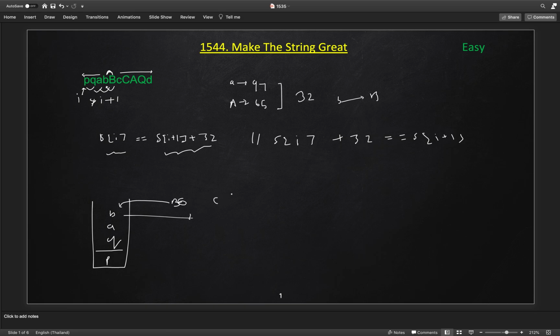Then we will move to the small c, then again we look at the peek, and the peek and current character C are not satisfying the condition, so we will add the small c in our stack. Then for the capital C, this condition is matched, so we will pop this out. Like that we will continue, and we will be left in the end with all the unique characters which make the good string, and we will construct the string from there.